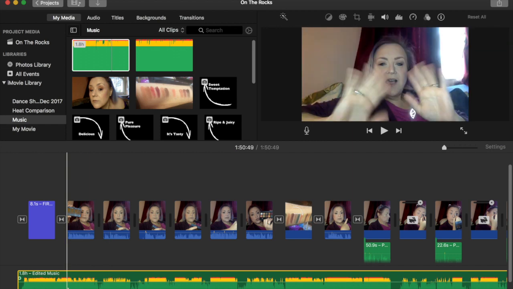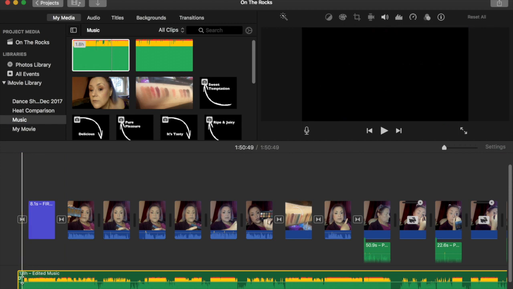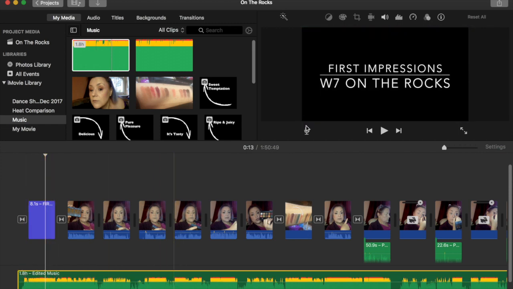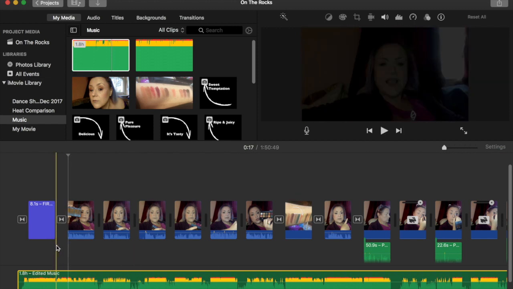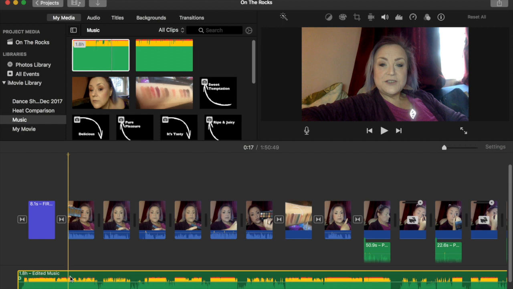Now I know that because I already know where my music pans out and how it works. I think this is going to be about accurate, so I'm just checking to make sure that that's the case. It seems pretty reasonable.